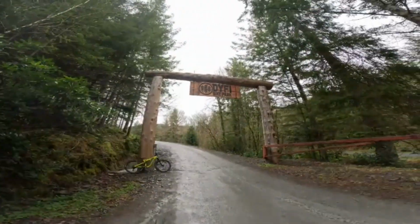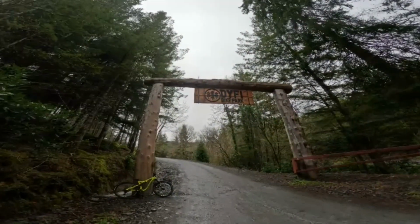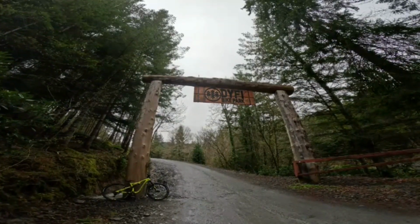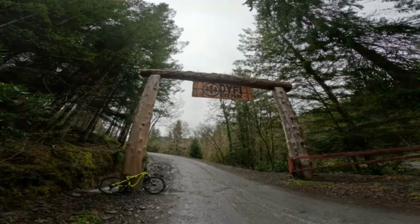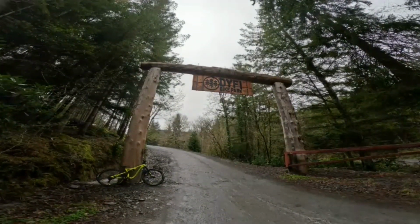Today I am at a very special location, Dyfi Bike Park. Look at that gate, it's iconic, it's fantastic, it's like something out of Jurassic Park. Anyway, because it's Wales, it's raining, but I've had a couple of runs down the two easiest red tracks, and